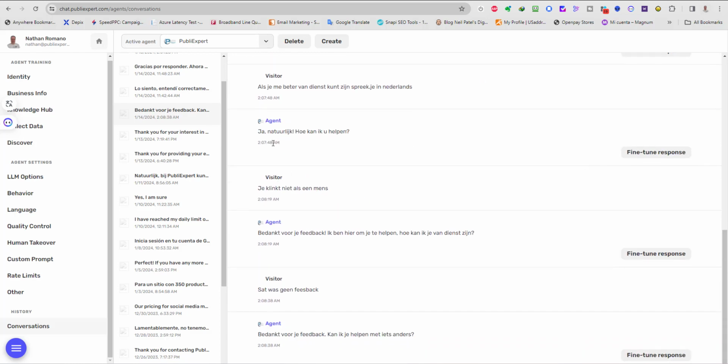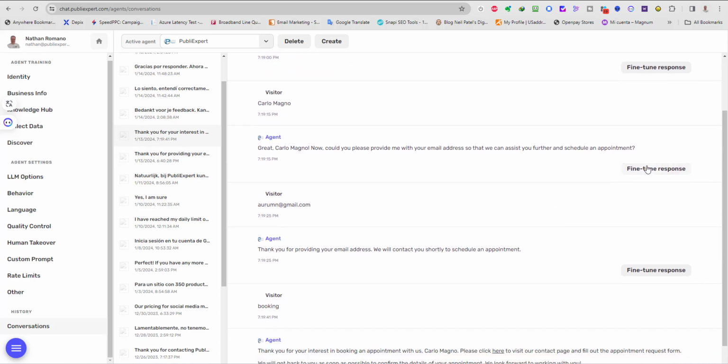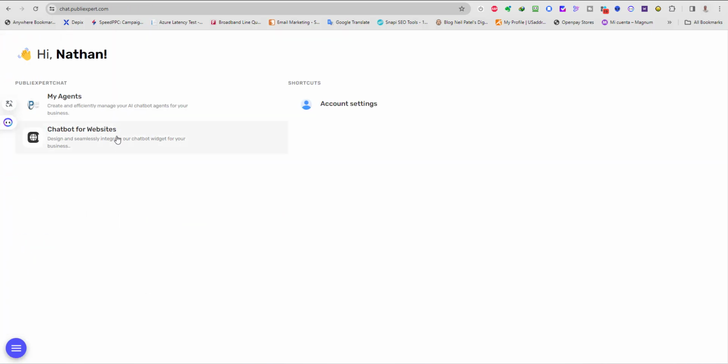And you can fine tune it. I don't understand German, but if there's one answer that you didn't like, you can fine tune it, tell the chatbot what to answer, and that's about it. Now, to integrate it to your website,